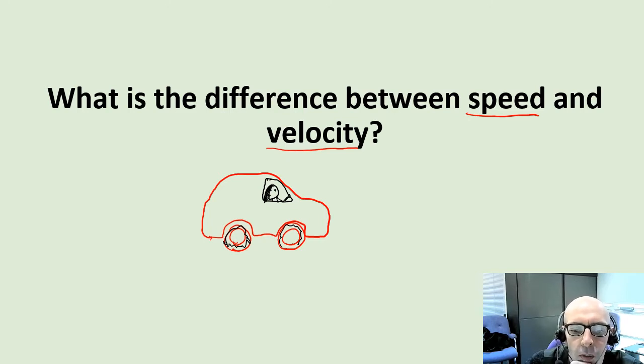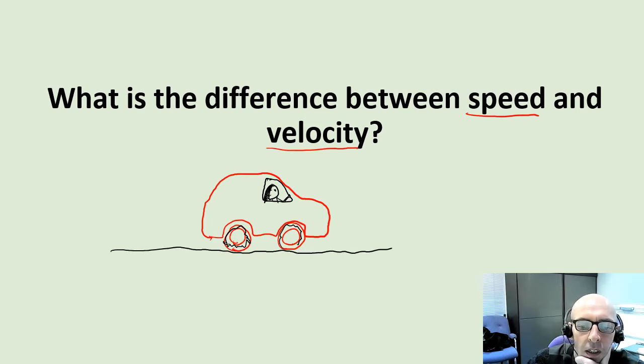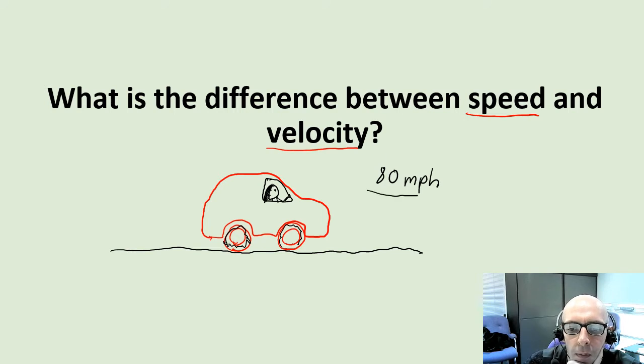What could we say about the car? Because Miss Walker's a very careful driver, the car is going along at 80 miles per hour. She shouldn't be doing that down the bus lane, it's a bit careless, but obviously she's so enthusiastic and wants to get to school quickly. The car is moving at 80 miles per hour. That is the car's speed. So, speed